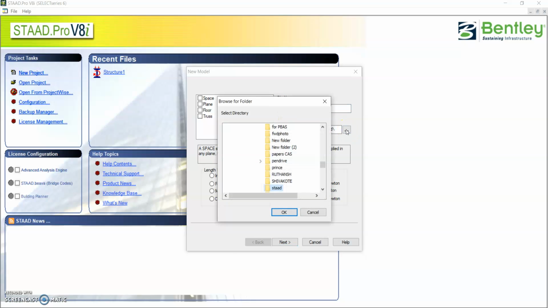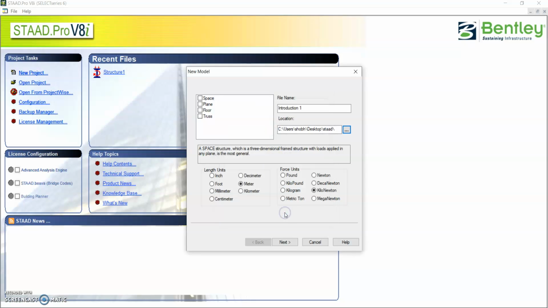We will have to create a separate folder to execute a stat program because it will create supporting files along with one individual model. That is why we will make sure that we create a separate folder and we work in that folder only. Now I have already created a folder called stat. I will select the same folder.